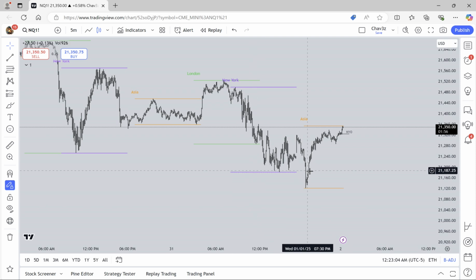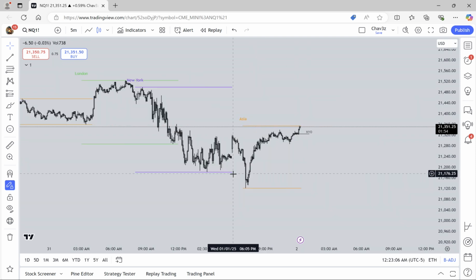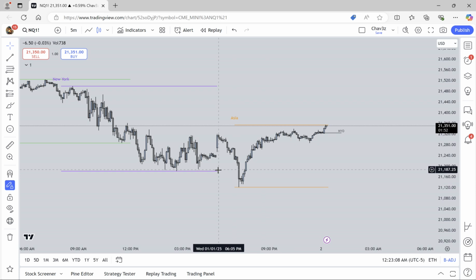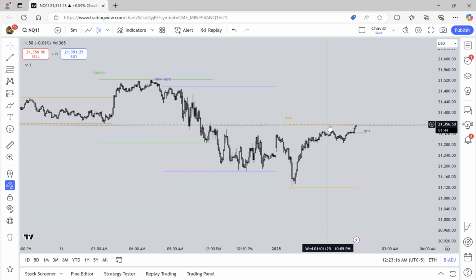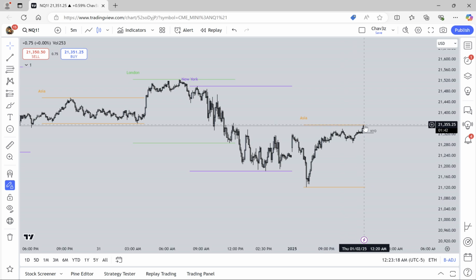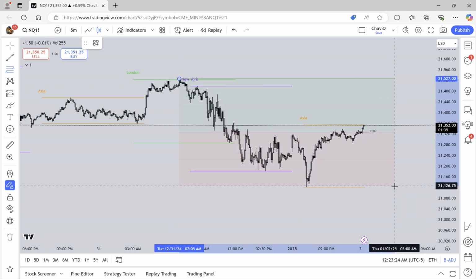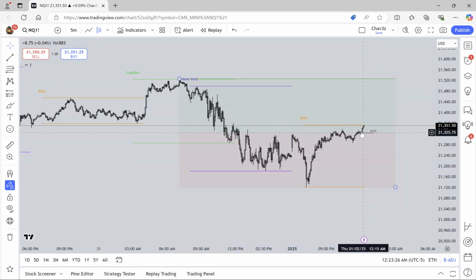Previous day low already got realized. And what did we do? We took out the liquidity from previous day low and we used it to run up. And now that we've run up, where do you guys think we're stopping here? Equilibrium of the previous day's range. So we've already done what we anticipated the market to do, which is hit our equilibrium.